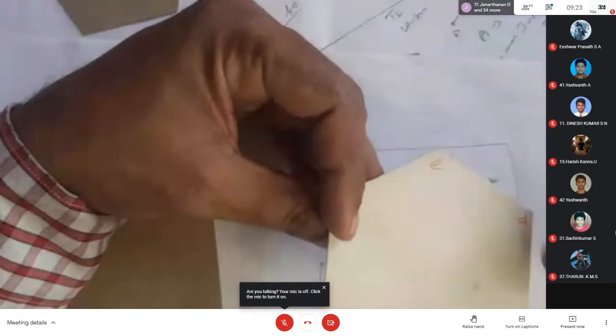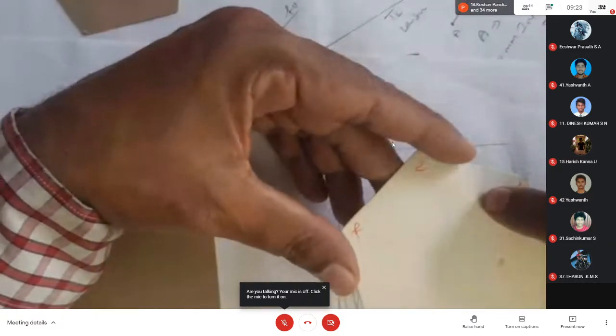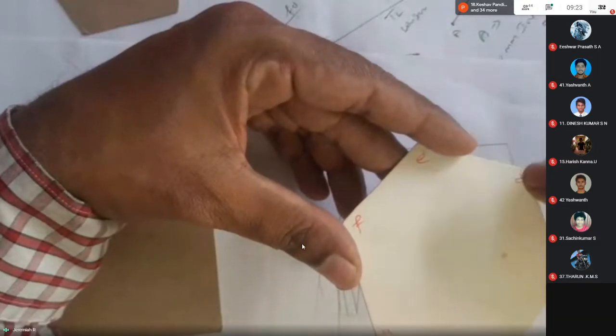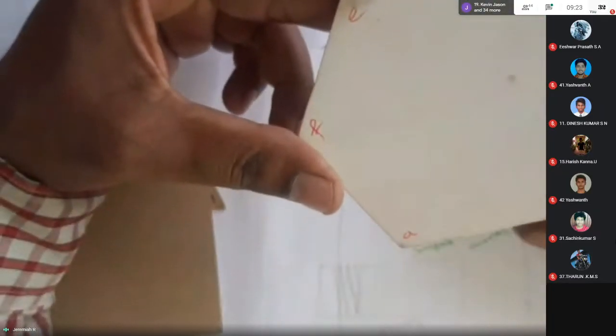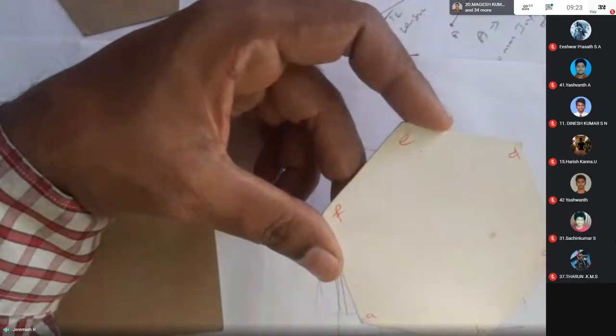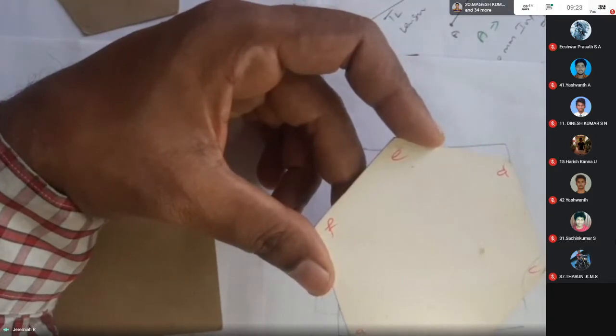Plane surface means you have length and breadth. There will be no thickness, negligible thickness; you have to consider it as 0. And one more difference is there will be no weight. If you measure this pentagon on a weighing machine, it will be a negligible weight. But if you measure a solid, you'll have length, breadth, height.